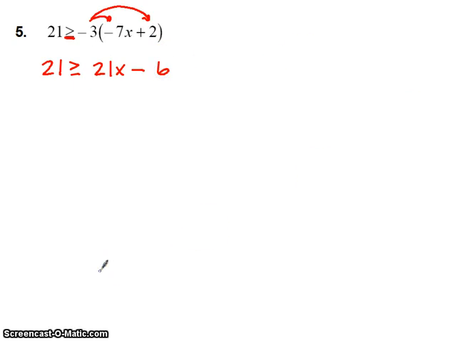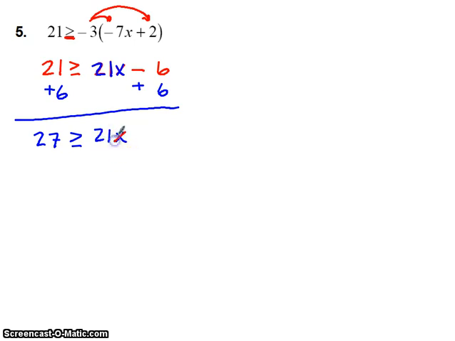And what we want to do from here is get that 21x all by itself. And so we're going to go ahead and add 6 to both sides. Adding 6 to both sides gives us a 27 greater than or equal to 21x. Now we want to get that x all by itself, so we're going to divide both sides by 21. And that gives us x all by itself, because 21 cross